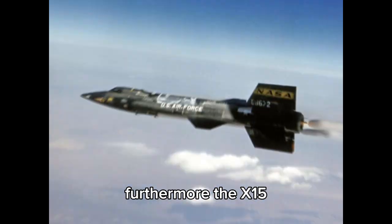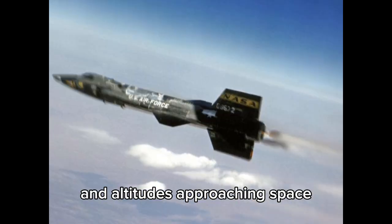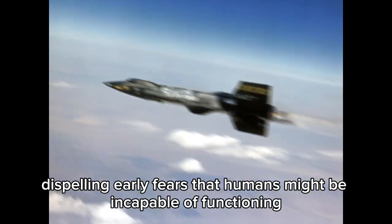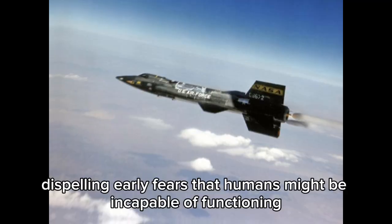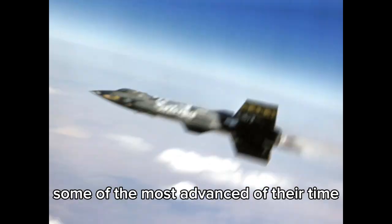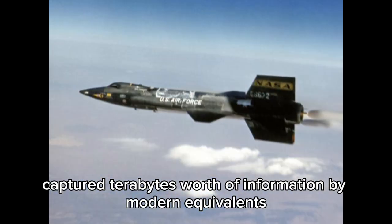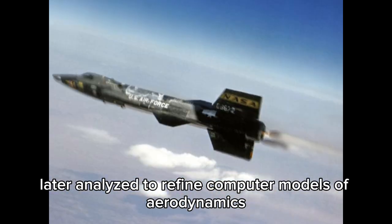Furthermore, the X-15 demonstrated that pilots could control a manned craft at hypersonic speeds and altitudes approaching space, dispelling early fears that humans might be incapable of functioning effectively in such regimes, and its onboard data recorders, some of the most advanced of their time, captured terabytes worth of information by modern equivalents, later analyzed to refine computer models of